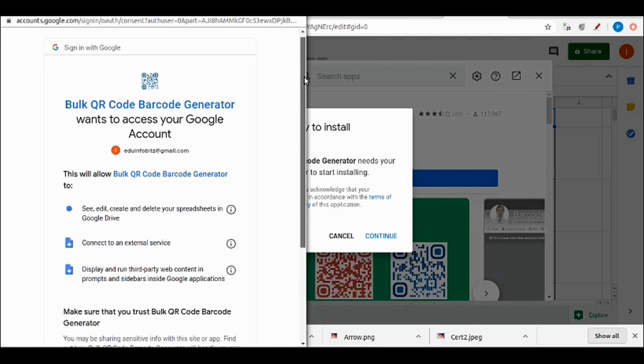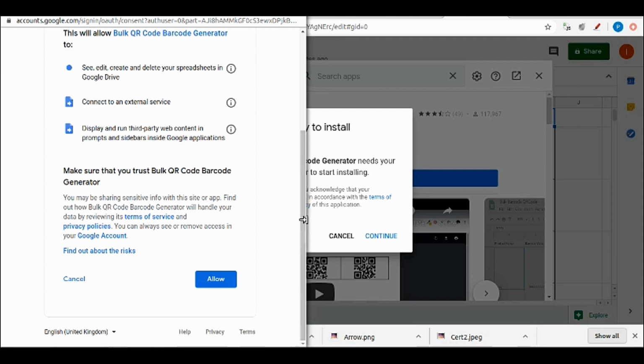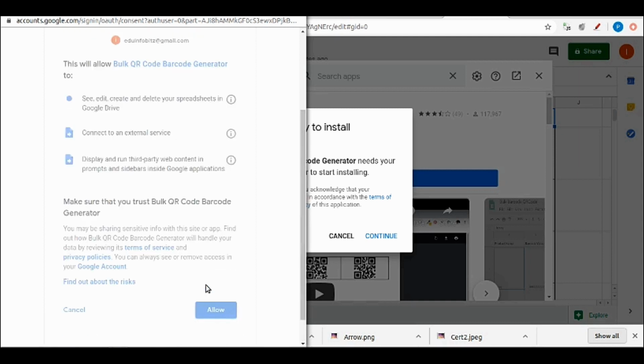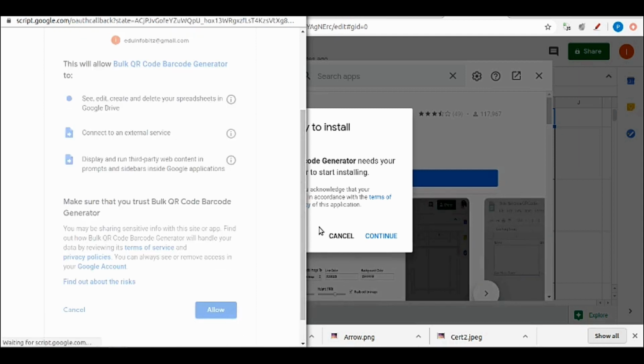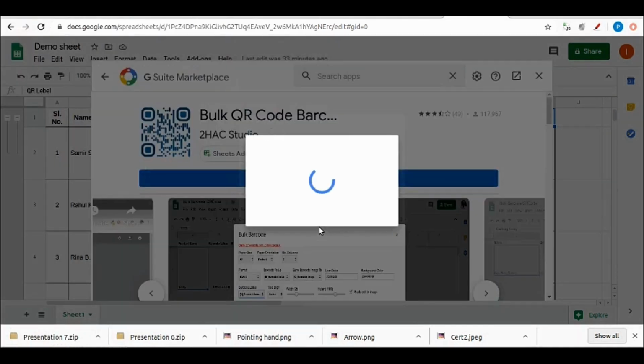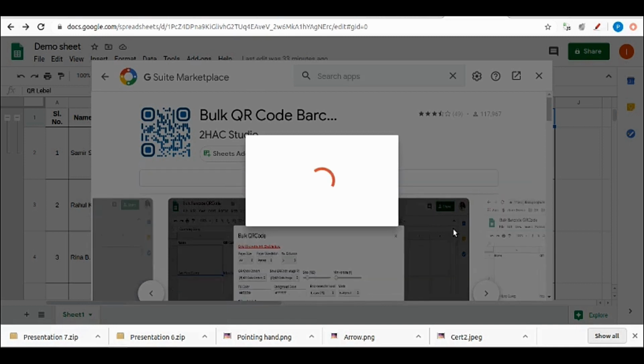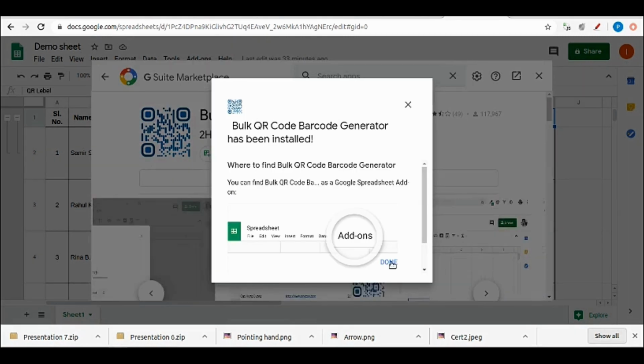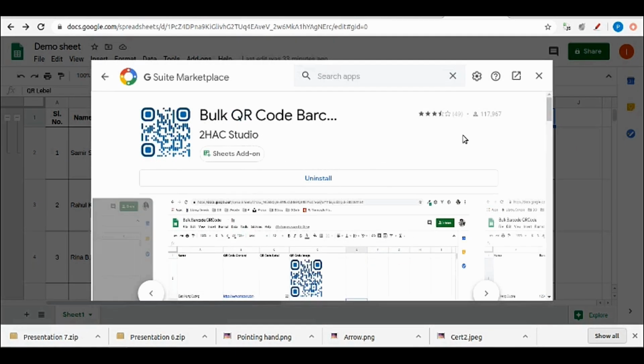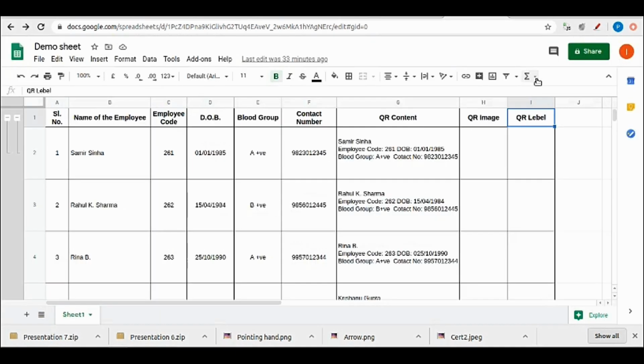And then it will ask you for some confirmations. You have to allow them. And it's done. The extension has been added to my Google account.